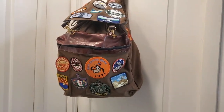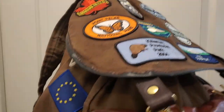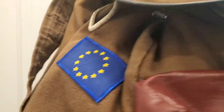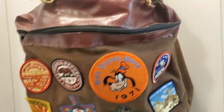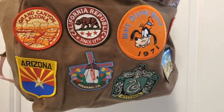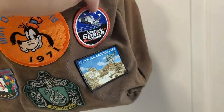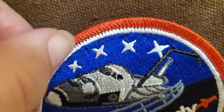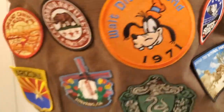So here's the final result. At the top I've already showed you. We have now Europe on this side, the USSR on this one, and over here we have the Americas. Beautiful, beautiful, beautiful. I had to definitely manually stitch some of them. I might actually stitch more